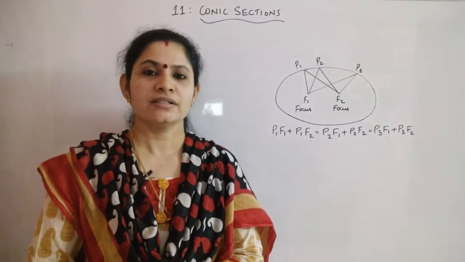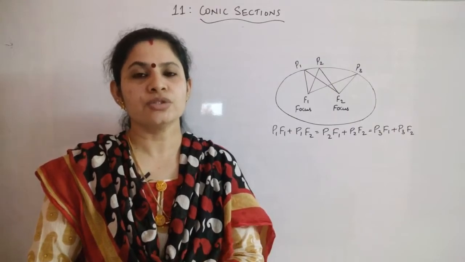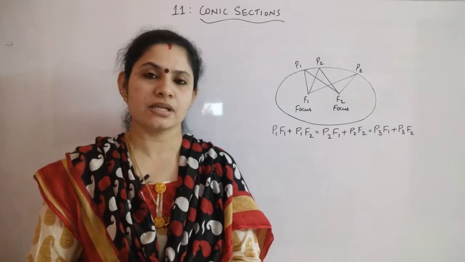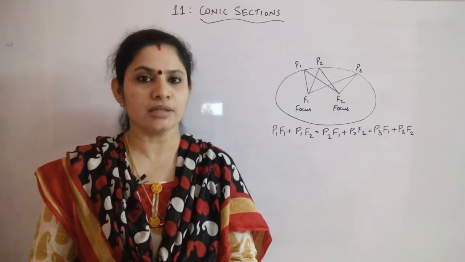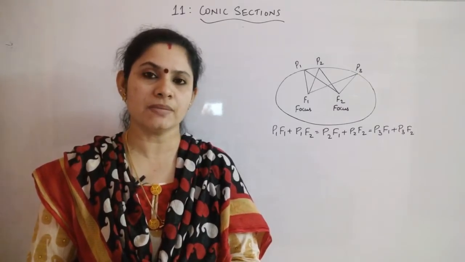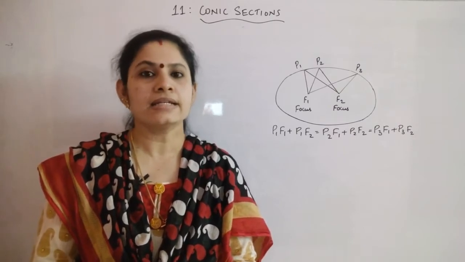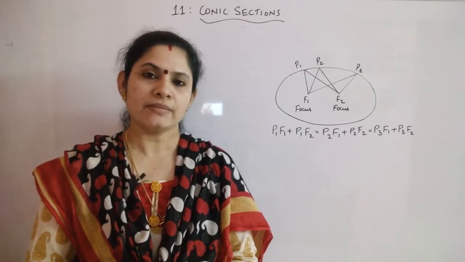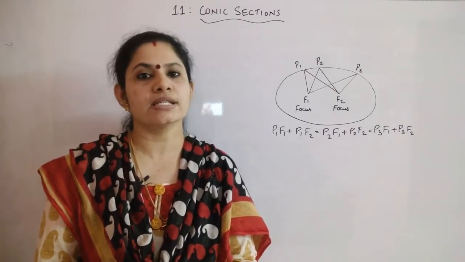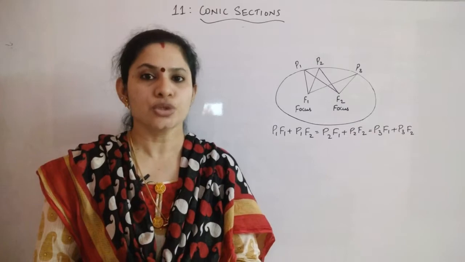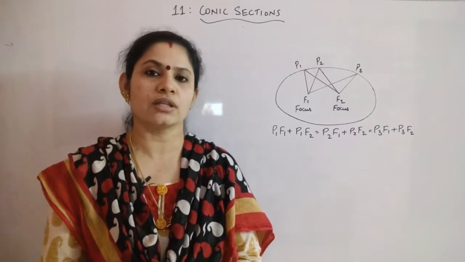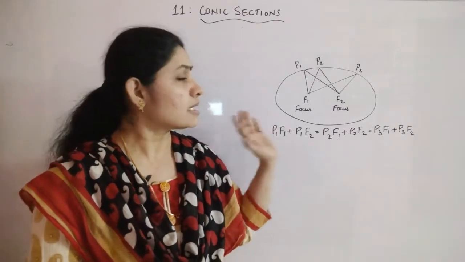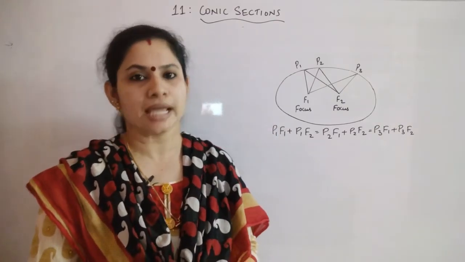Hello everyone. Today we are discussing a new topic of the chapter conic sections, and that topic is ellipse. Already we have discussed how we get that elliptic shape when a plane intersects the double-napped cone, with the condition that alpha is less than beta less than 90, and you get the section as an elliptic shape. Now we will study in detail what an ellipse is.